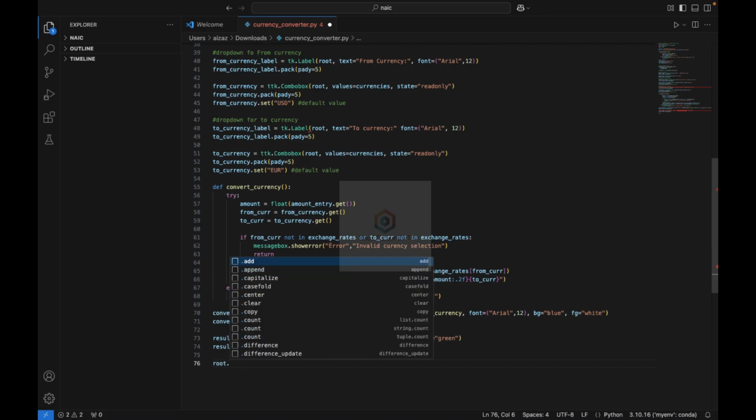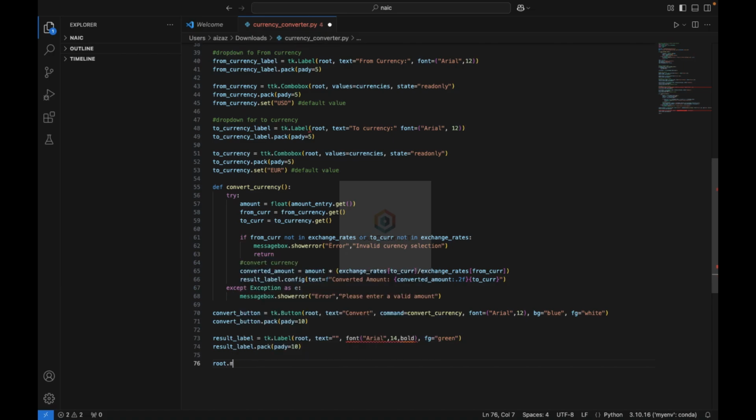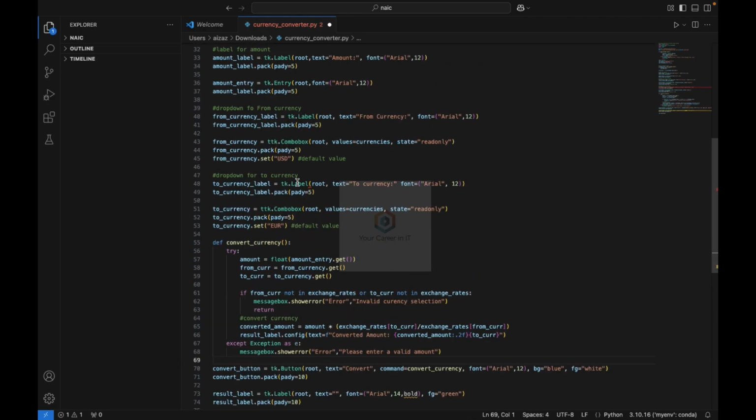So root.mainloop, save. There is an error, font equal to, we also get an error here, from_currency.pack, from_currency.set